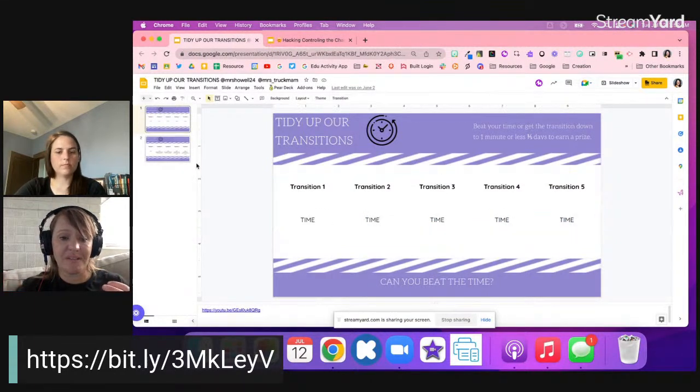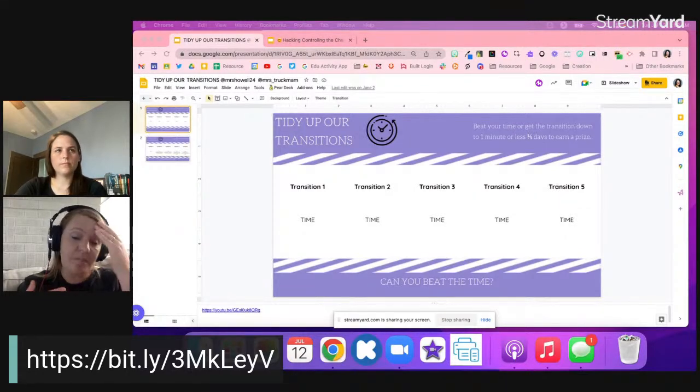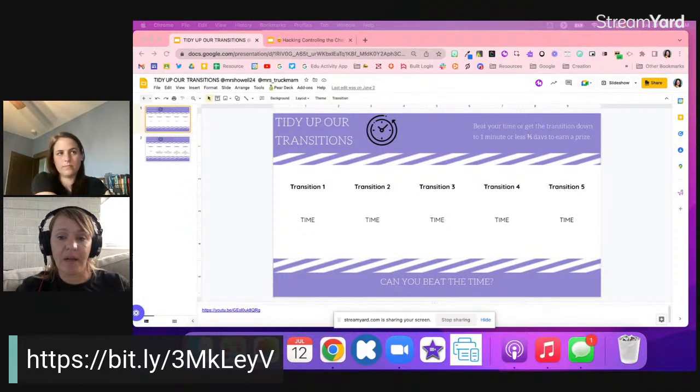A lot of students, they get up, they need to sharpen their pencil, or they need to grab something they forgot, or they need to grab a different supply, or they're not finished with the activity that they want to be finished with. So setting that timer and practicing those transitions and just continuing to try to beat that timer